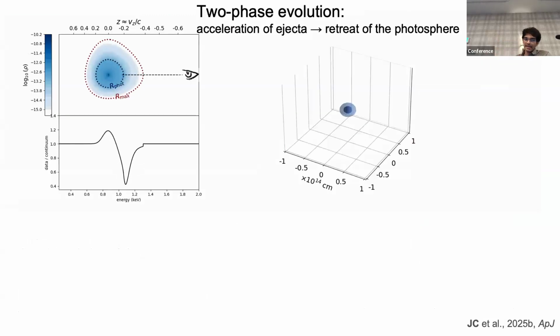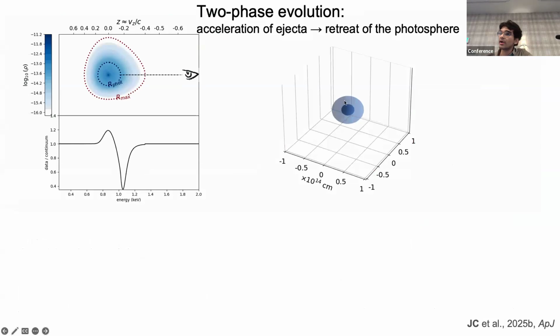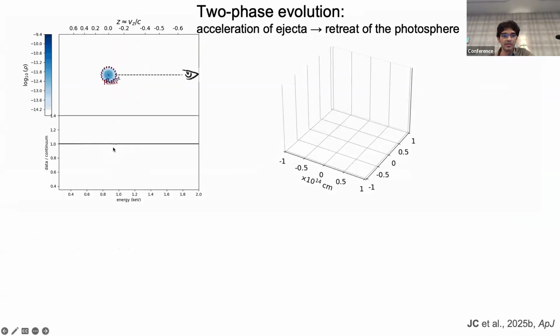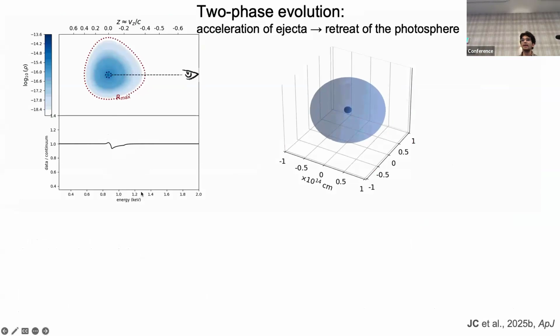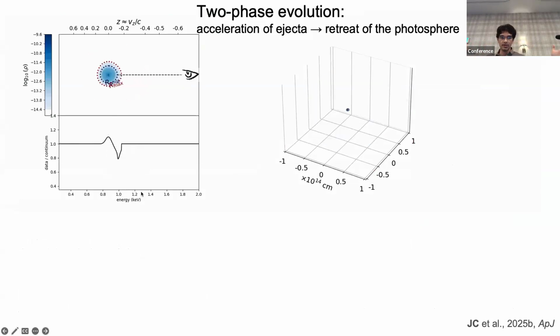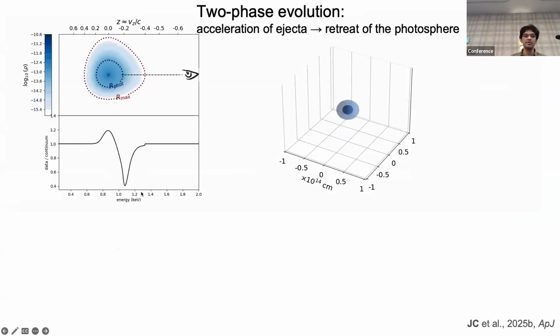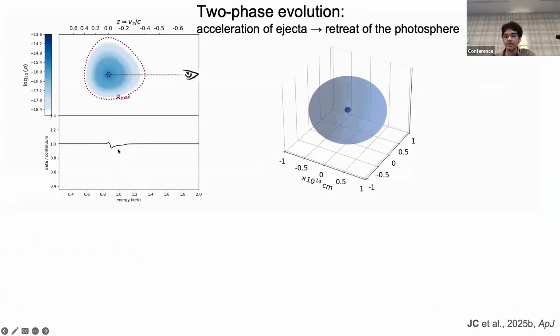This is, of course, a very dynamical system, and you can track the time evolution of this ejecta, where we've taken a 2D slice here, and you can watch how the absorption profiles change over time. The qualitative features are that initially the absorption profiles appear and move towards higher energies, and then as this fixed mass dilutes over the course of many orders of magnitude in volume, the photosphere slowly begins to retreat, and then the absorption lines move towards lower energies before disappearing.